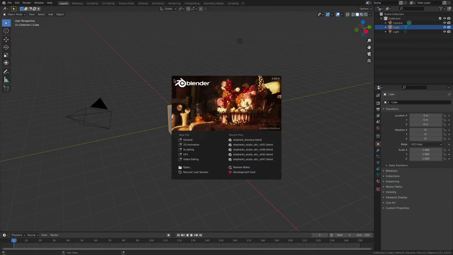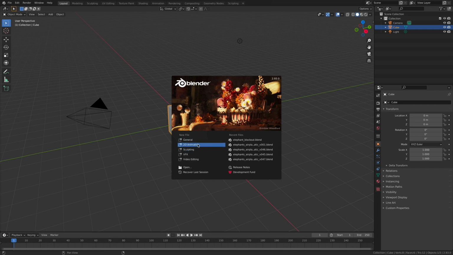Let's take some time and get real comfortable working inside the Blender interface. I've gone ahead and launched the app, and this is the first thing that we're always going to see. This is the Blender splash screen. And in the center here, we have some important presets down at the bottom half that will allow us to change and configure the interface to bring to the surface the tools that we need to work with.